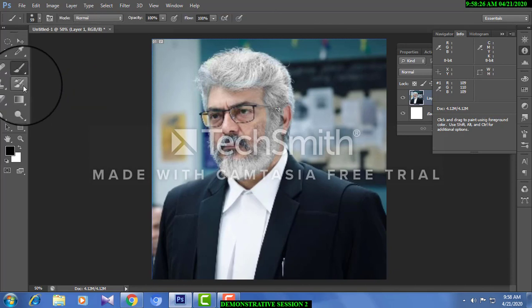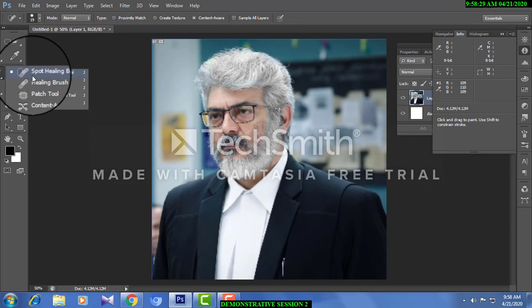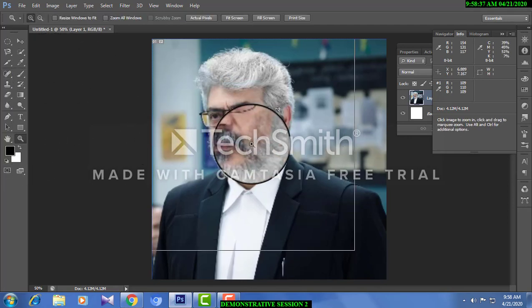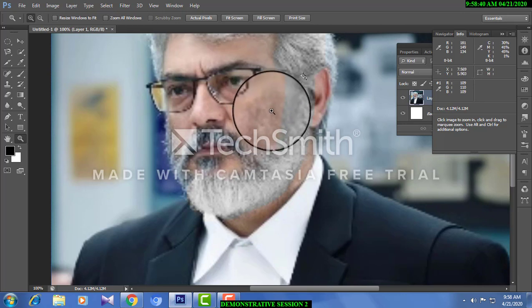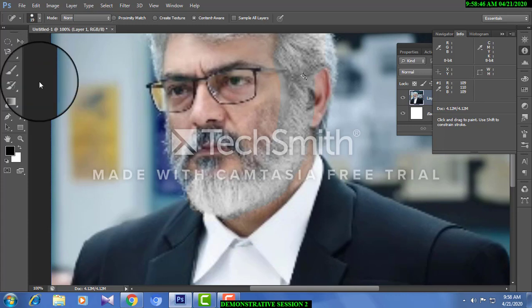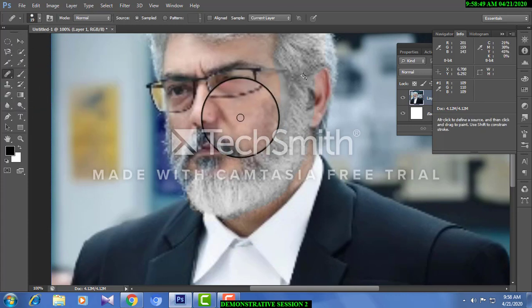Okay, thank you. Now we are moving further to the spot healing brush and other things. We go for the healing brush. This part is a little with hair. You want to heal this, for example, I'm just using the healing brush. I'm choosing a particular portion. Now you do not worry about going into detail. Just know what tools are available and what can be done. That's enough. I will explain later with detailed exercises. That is called sample selection.